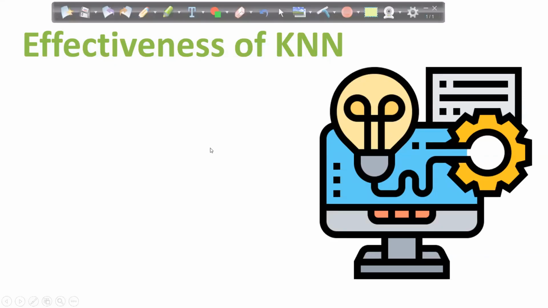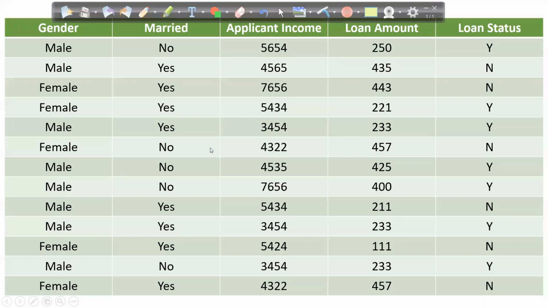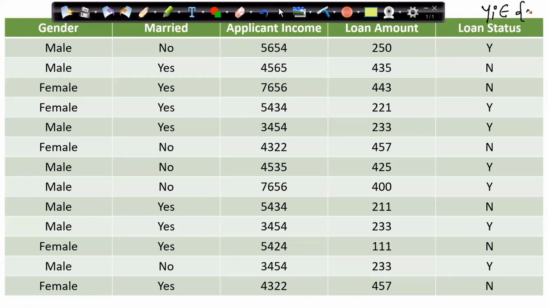So let's see. Let's say this is my data set. Let's assume that my requirement is that I want to know whether my customer is gonna get a loan or not. It's a typical classification problem, where I have to predict my yi, where yi belongs to 0 comma 1, right? Where 0 is negative, that means he is not gonna get the loan, and 1 means positive, where he will get the loan, right?